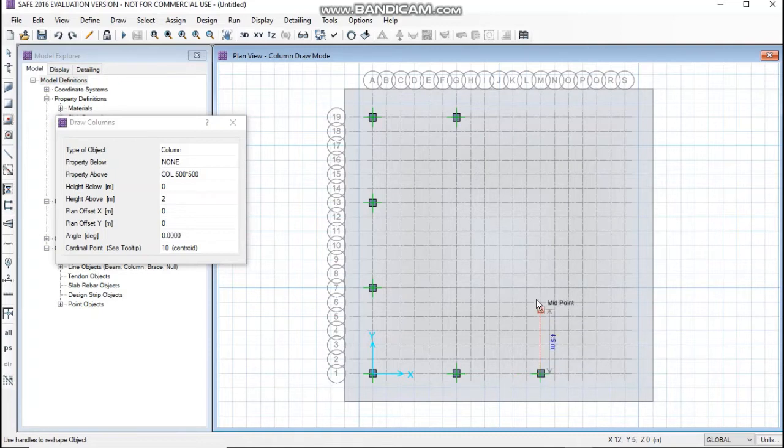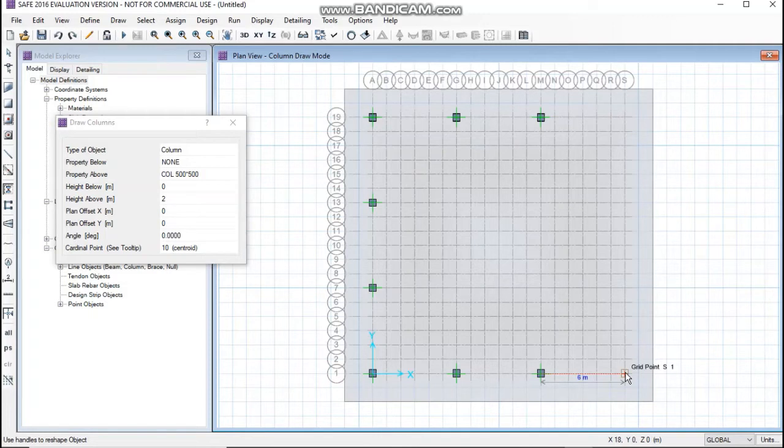Column 10 is again 600 into 600, so just leave that, and column 11 is also the same, so leave that. So with a spacing of 6 again, see that 1, 2, 3, 4, 5, 6, 7 have been left, 8, 9, 10, 11 have been left, and